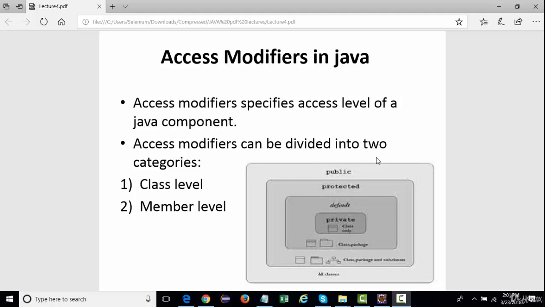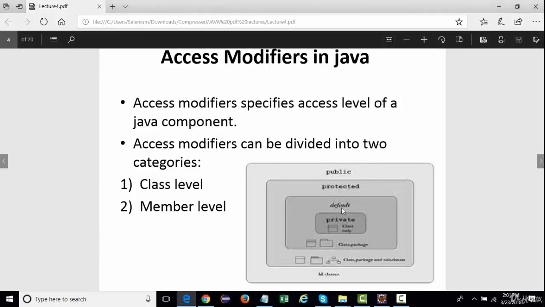So there are four major access modifiers that we're going to cover. One is public, one is protected, one is default, one is private. Basically, Java provides three major access modifiers, that is public, protected, and private.